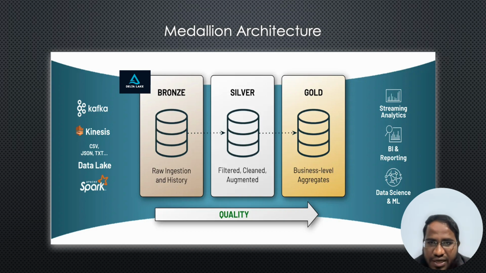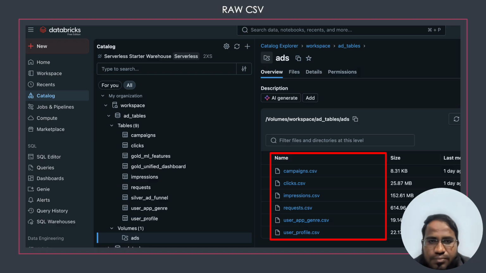The backbone is the medallion architecture, managed via Unity Catalog for strict governance. In bronze, we have raw ingestion of CSVs into Delta tables. In silver is where the data quality lives. I implemented PySpark logic for data standardization, and more importantly deduplication logic to mitigate click fraud, a real world necessity for any ad platform. Okay, then we'll move to gold.